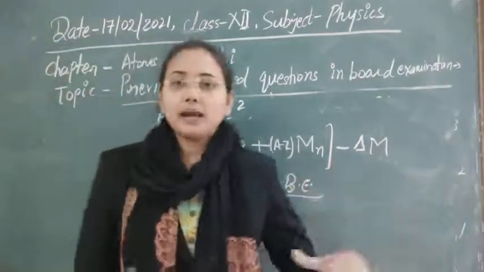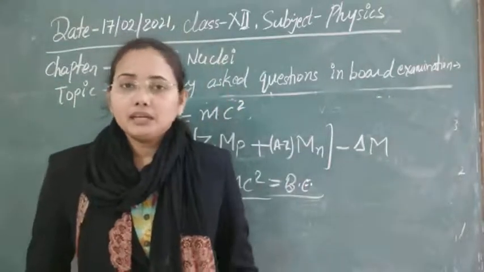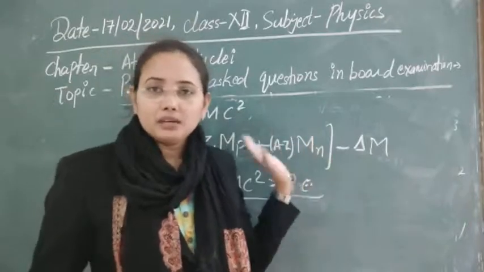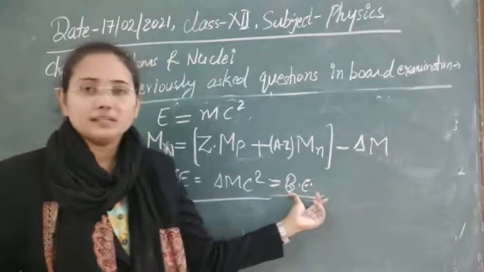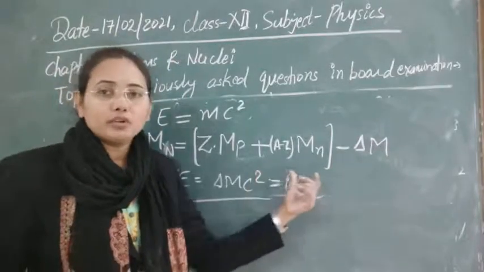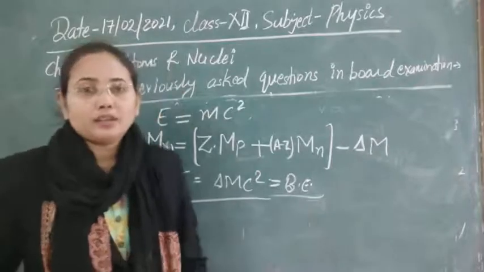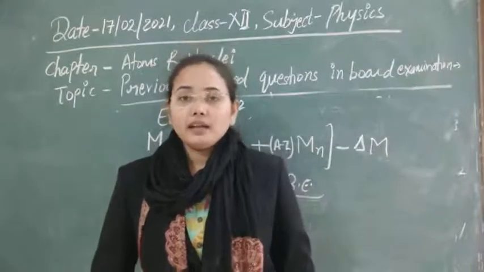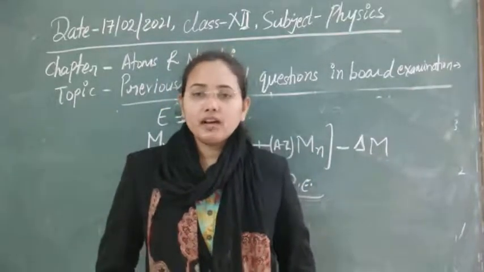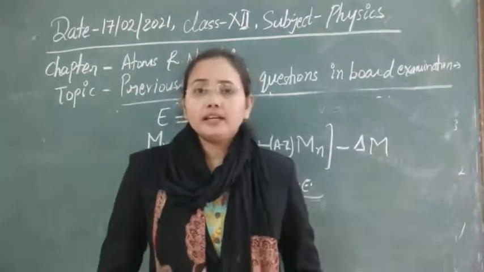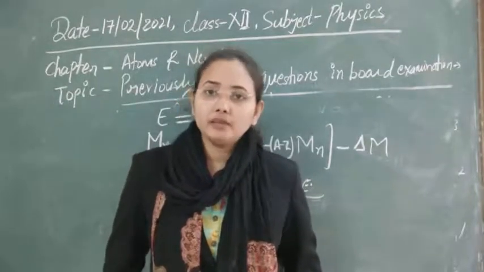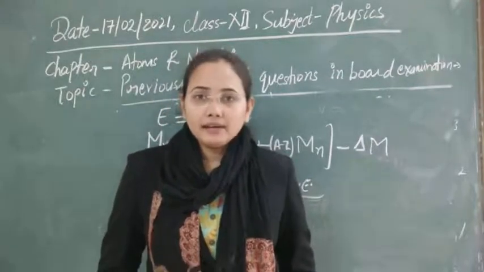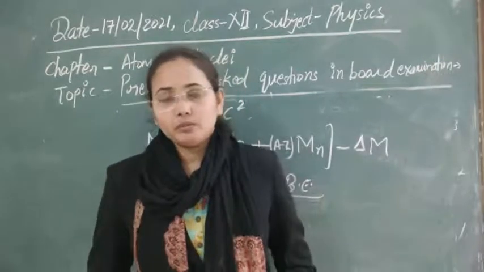And binding energy per nucleon we have already discussed before in classes, so I think that is remembered. For binding energy per nucleon, we divide the binding energy by the number of nucleons, meaning the number of protons plus the number of neutrons. We can draw the curve between binding energy per nucleon and atomic mass, and according to that curve we define the stability of the nuclei. The greater the binding energy per nucleon, the greater the stability of the nucleus, and the greatest stability is obtained for iron, which has 8.8 mega electron volt energy. Clear?